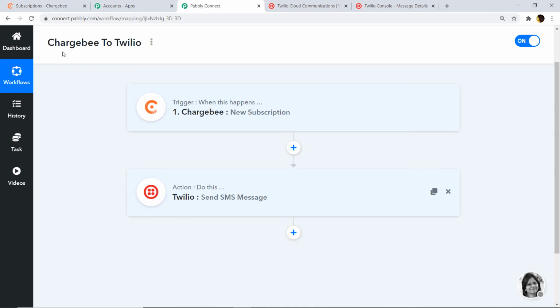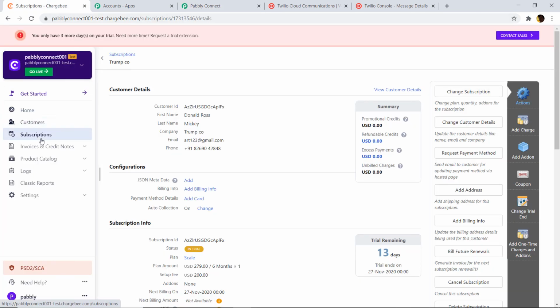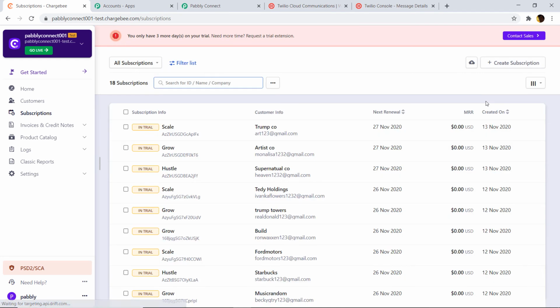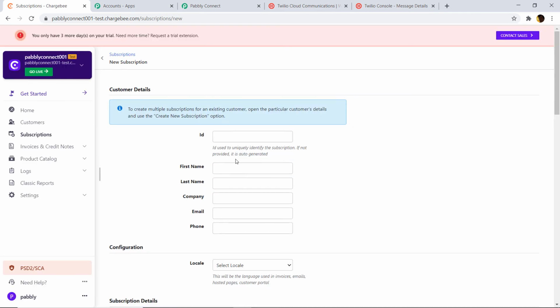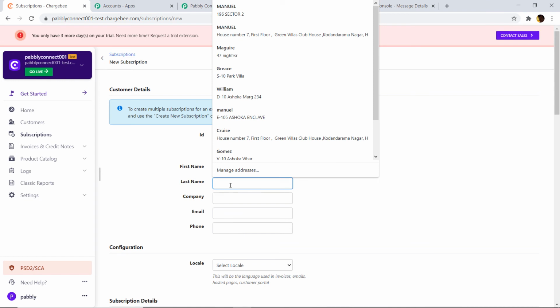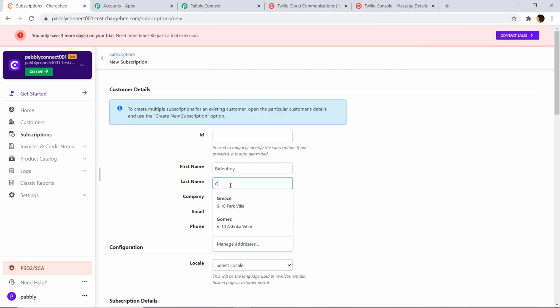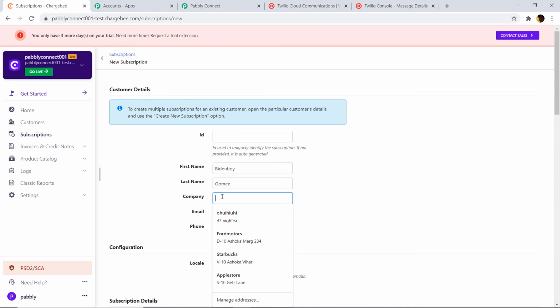So let's have a look by creating one more subscription. This time the person's name is, let's say, Biden Boy. The last name is Gomez. The company name is Rahita.